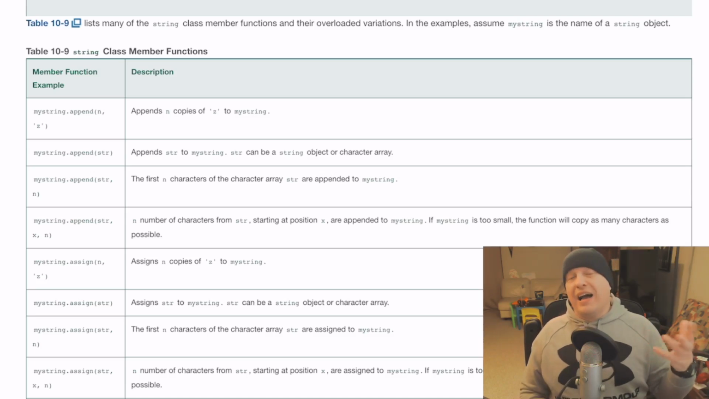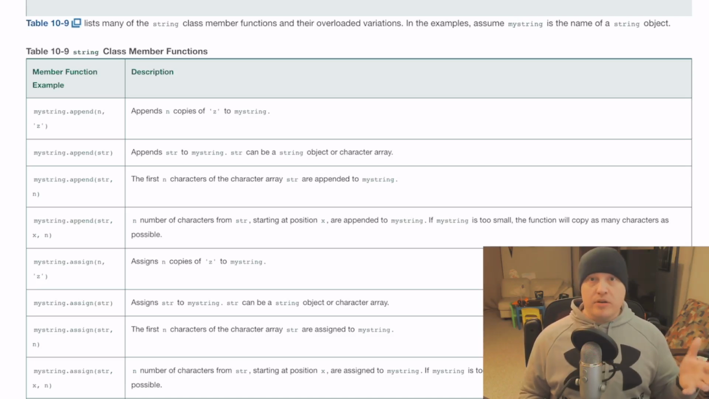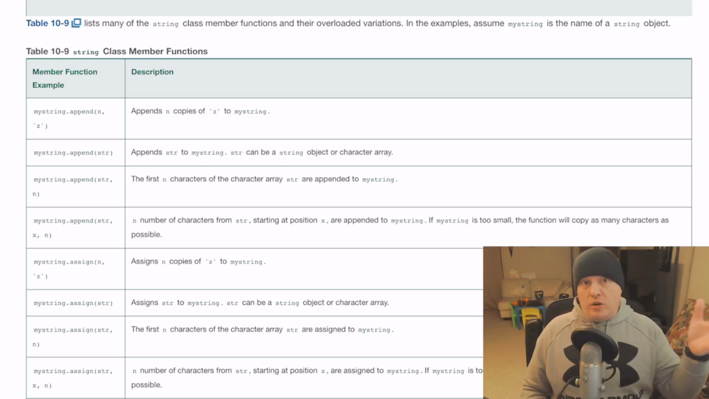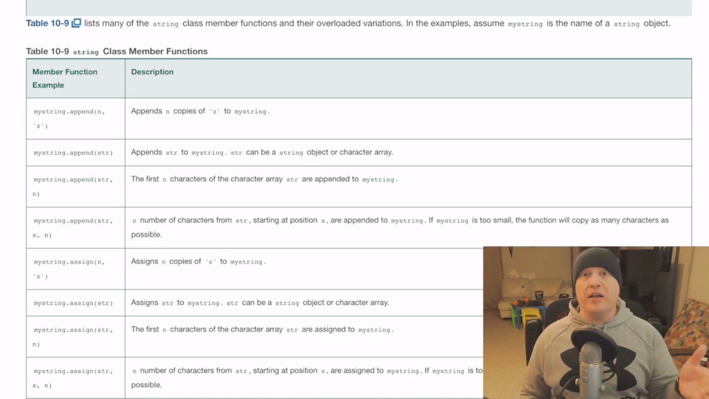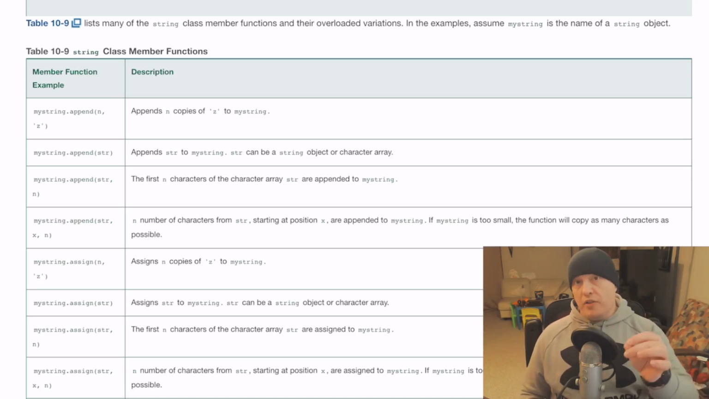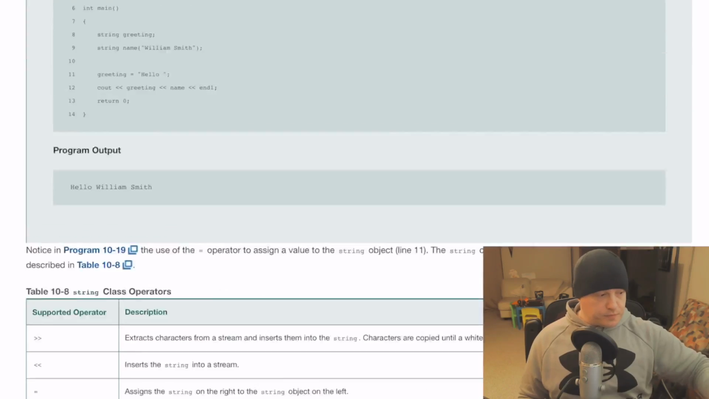So I would rather not belabor the rest of the material for 10.7, but to say, please do take a look at this, because this is a valuable table with all of the important string class member functions. The other thing to notice here in